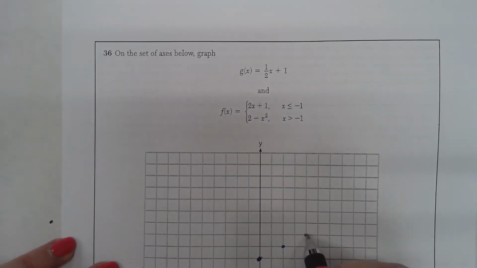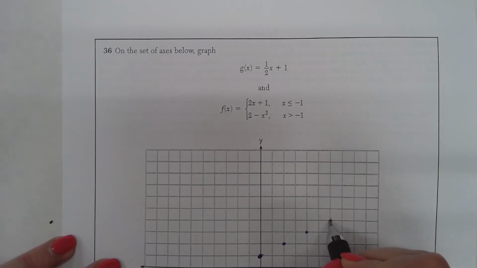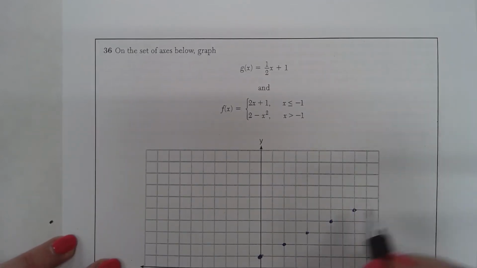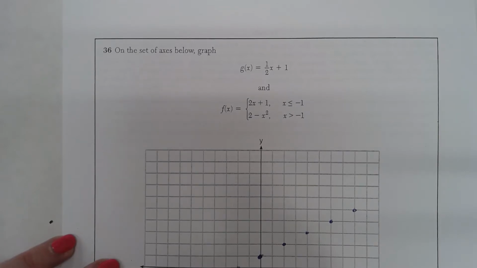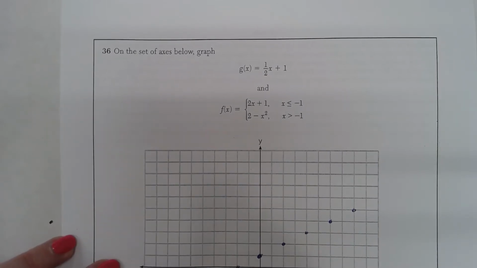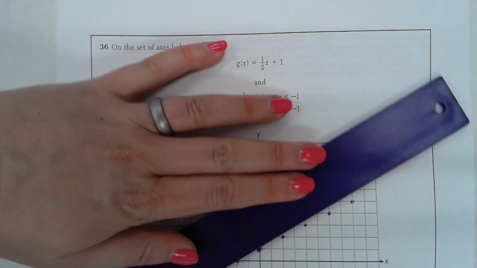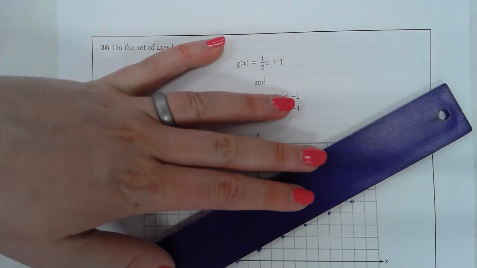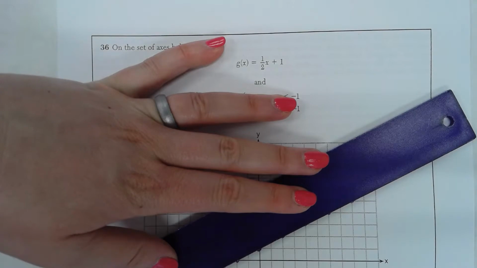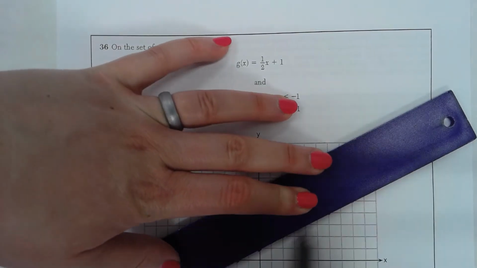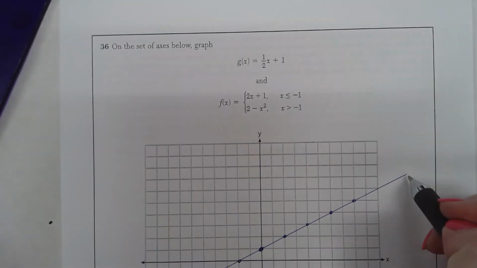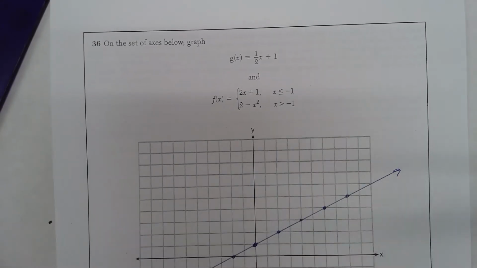And just keep going. I'm just going to graph that line. It's just a line. Remember, you can use your calculator if you need to. If you forget how to graph the slope, then just put it on your calculator. And I'm going to label that